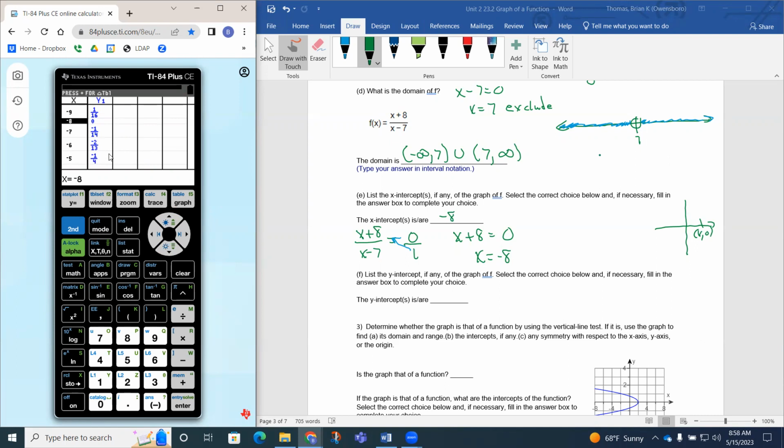Okay, so it's a strange looking graph. We haven't really talked about those yet, but we do understand that an x-intercept is where a graph will cross the x-axis. Looking at the graph itself, we can see over here there does exist some type of x-intercept. It crosses at about 7, but notice how it's really hard to see there. Now in your graphing mode, if you hit the zoom button, there is a box strategy, number 1. If I choose number 1, I can try to draw a box around where I think